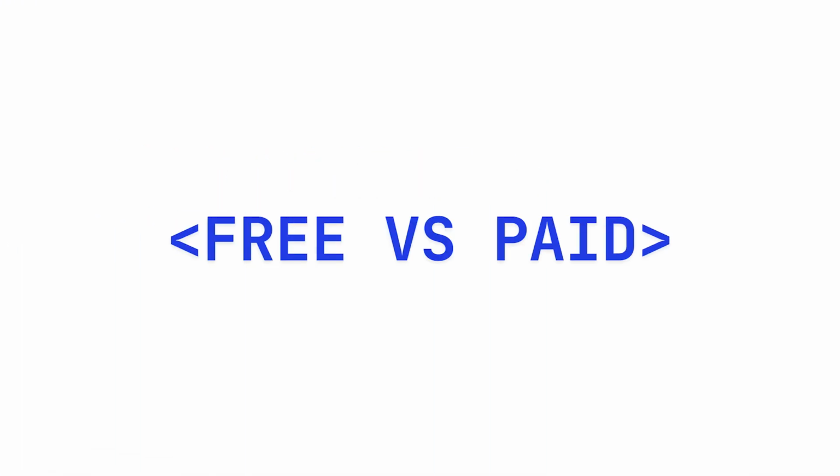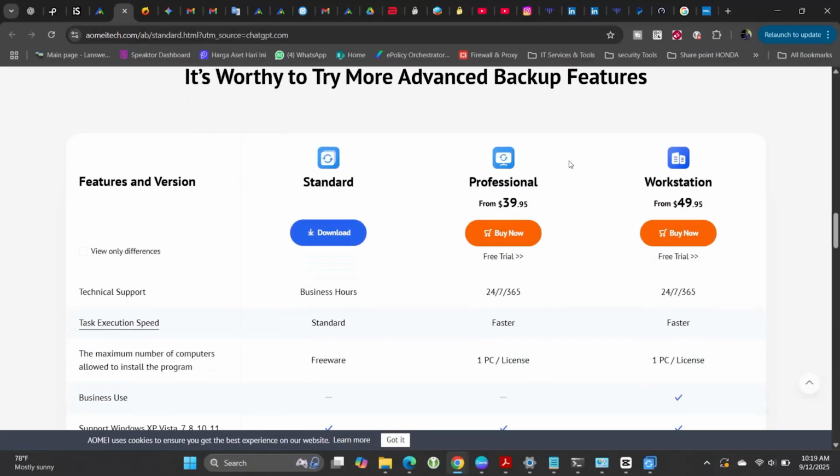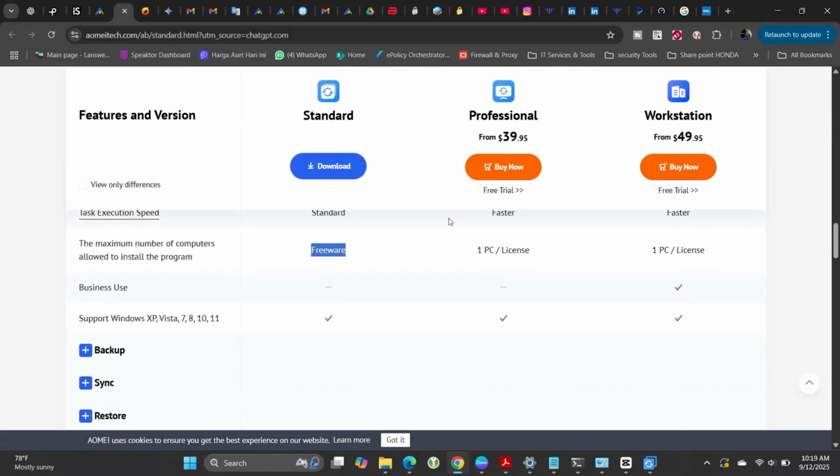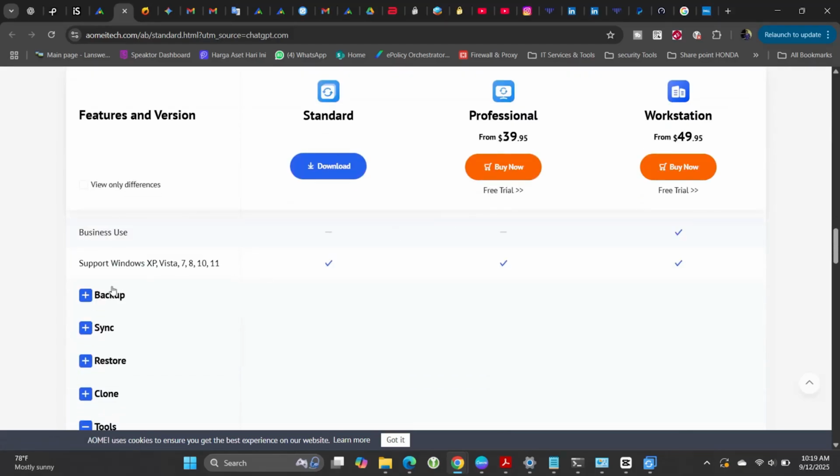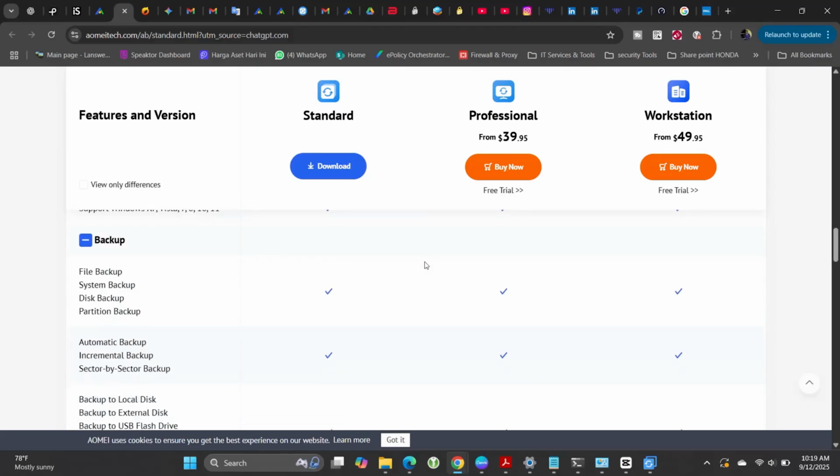Free versus paid. Now, one thing I think is important to mention, there's a free version and a paid version. The free version already gives you the basics: system backup, file backup, disk clone, which for many people is enough.